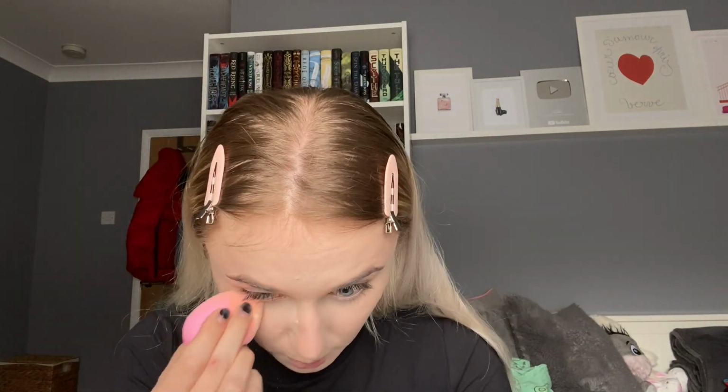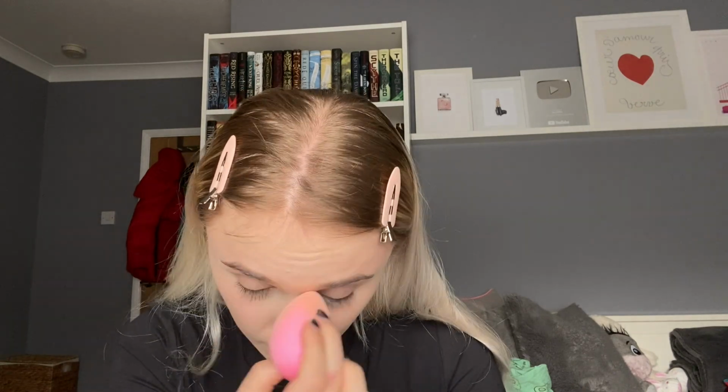We continue. I didn't buy the powder because I think it was out of stock. But this looks nice powdered. It doesn't dry up or anything weirdly. Because I think sometimes some concealers look fine and then you powder them even very lightly and they just turn into a huge mess. They start moving around and unsticking and sticking. So let's get into the